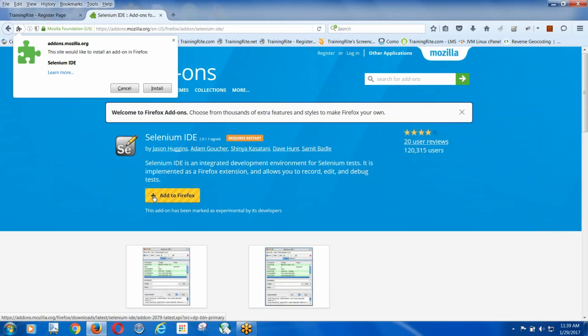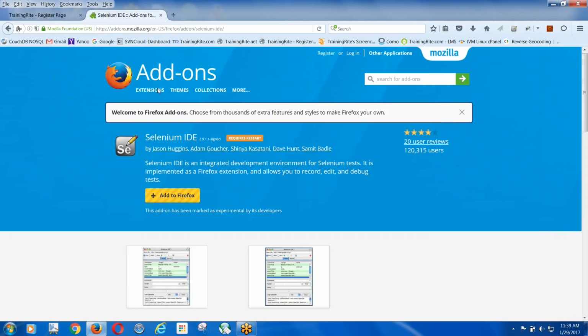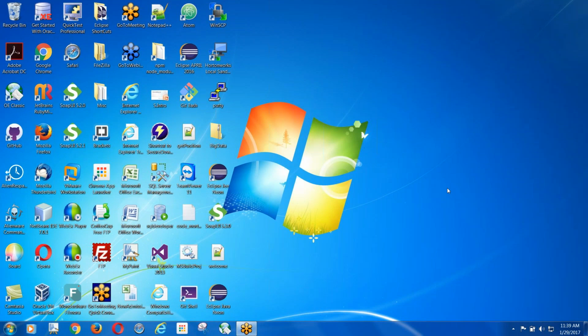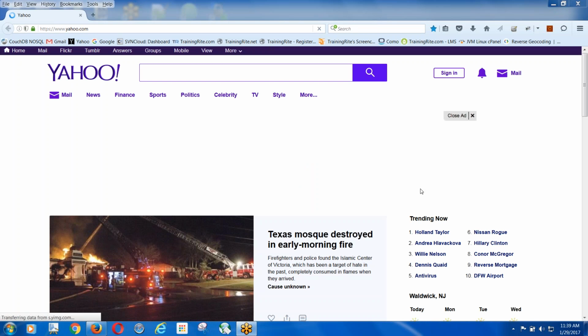I clicked on it, and it is trying to install this. It takes a blink of an eye because this is a very, very small piece of software that we are adding to Firefox. So when you say install, boom, it is installed. So right now, we will restart the browser, and once I restart the browser, we could take a look if this is